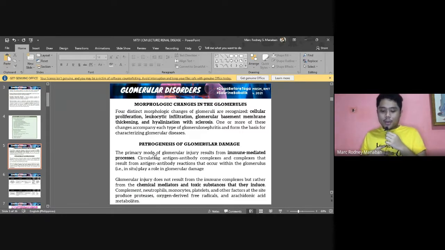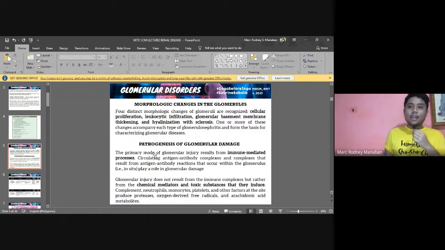Okay? Another mechanism is the actual interaction of antibodies against the glomerulus itself, alright? Antibodies against the glomerular antigens, as in autoimmune diseases, or again, antibodies against other antigens such as bacteria, drugs that are in the glomerulus or were filtered by the glomerulus at that time. Okay, so they will react, form immune complexes, activate the complement, and of course, again, the byproducts are toxic, and cell lysis, of course, for complement, can be experienced by the glomerulus. Hence, that's why the glomerulus can be damaged.